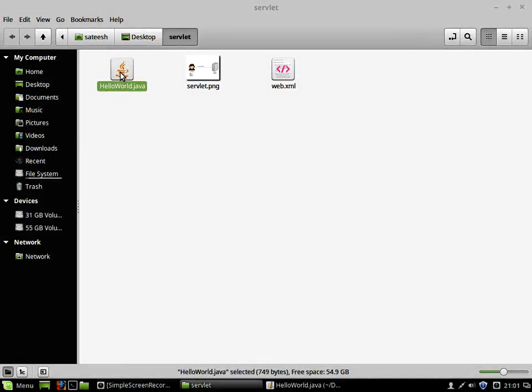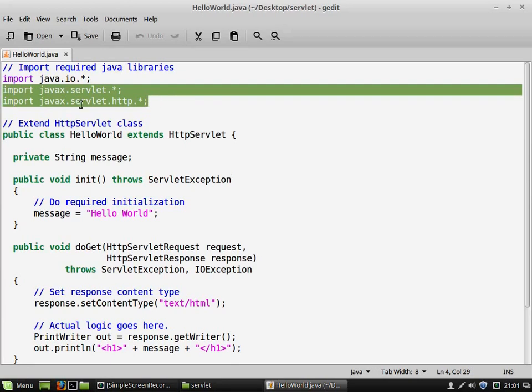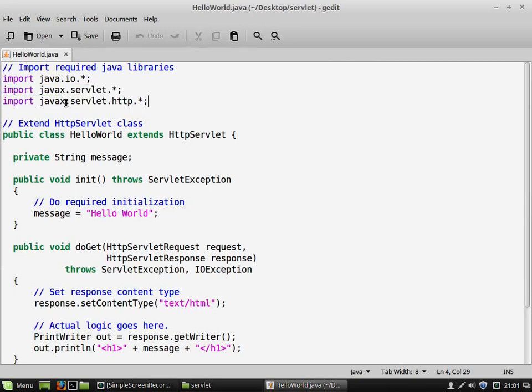Now, as I mentioned the web.xml file, how this web.xml file looks like, I think it's better I'll compile this file and then I'll get back to this topic. Okay, right, let me compile this particular file. Before compilation, you can see these two packages, javax.servlet and javax.servlet.http. And it is very important to know that these two packages are not from Java. Java doesn't provide these two packages. So these two packages are from Apache Tomcat.